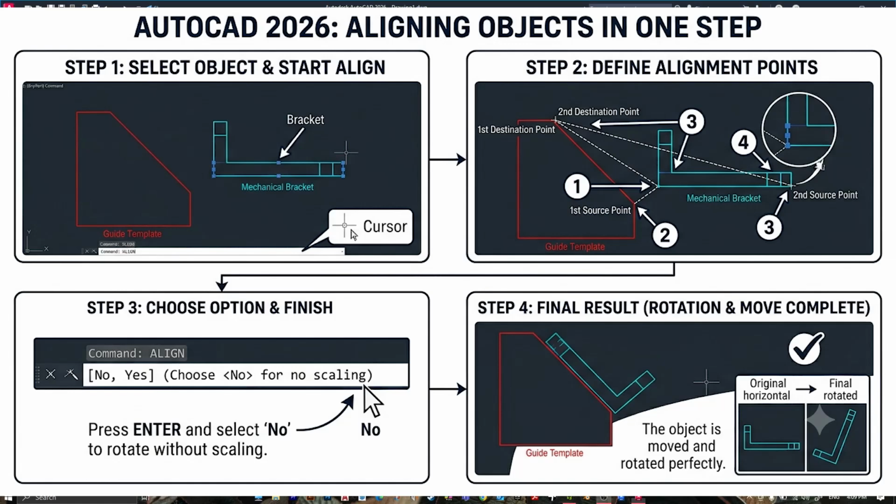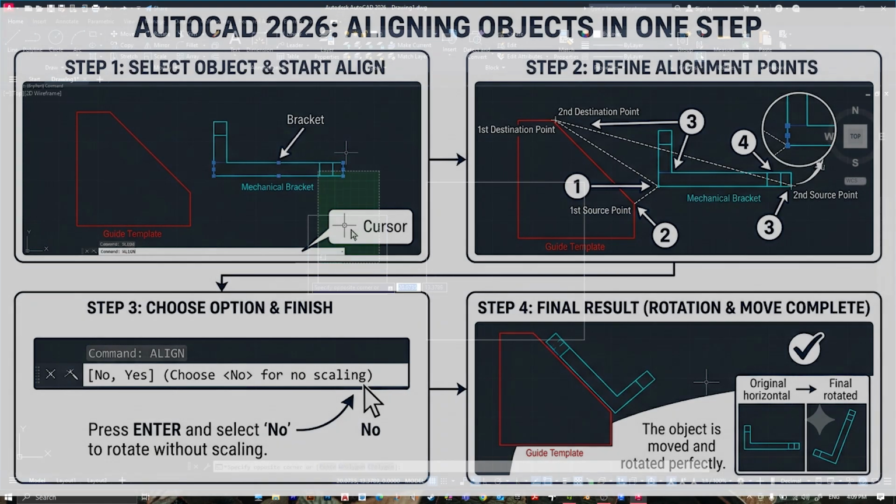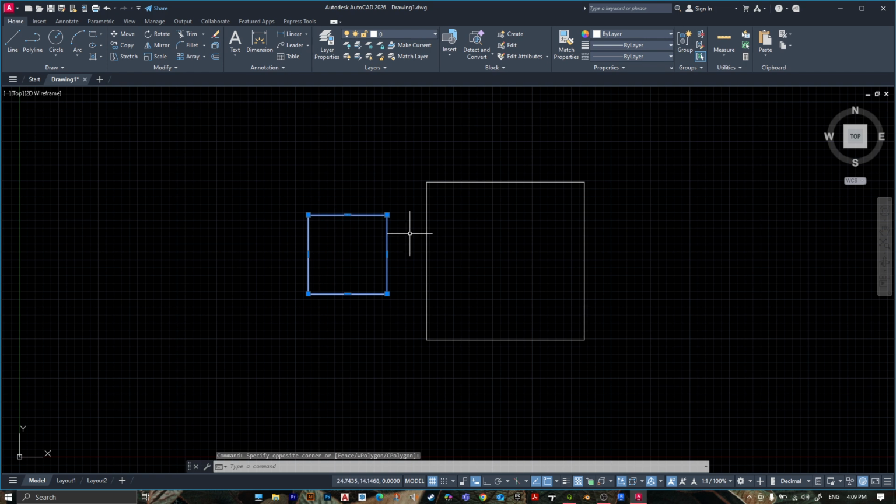How to use align as rotation in AutoCAD. Select your object that you want to rotate or align. Press AL, the shortcut, then press space. Then select the first point,